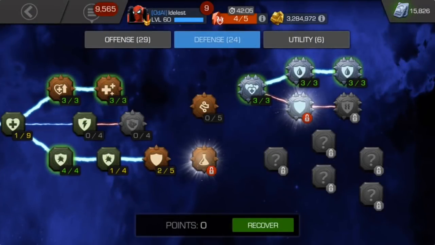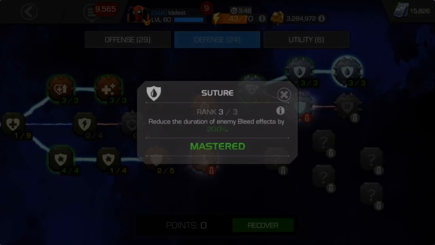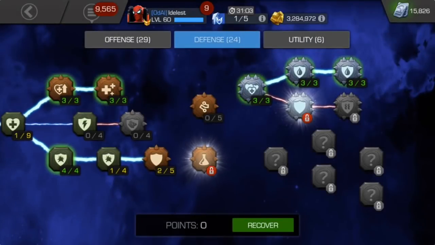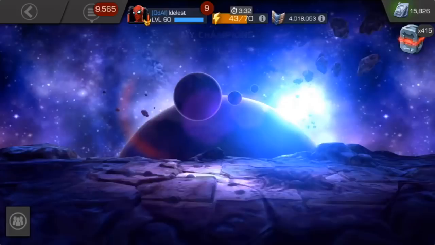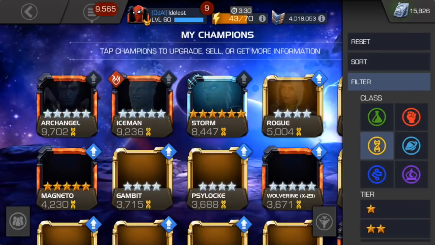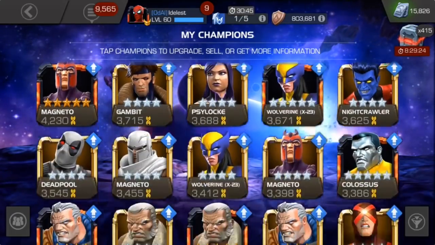You can end up taking bleed nodes in Alliance War. You will take 50% less damage than you would normally, and plus you're healing, so you're probably going to end up with at least 2/3 of your health at the end of this. And then when we talk about the champions, we're talking specifically about Old Man Logan and Beast, 2 mutant champions who are super overshadowed by their